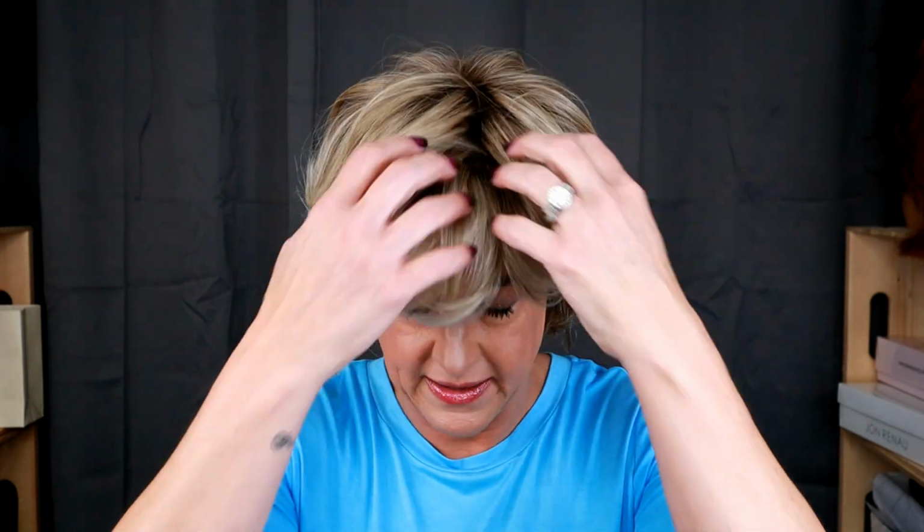But I would say if you want to wear this with a full bang, like a full bang straight across, then probably everybody is going to need to trim it just a little bit with 4 inches. I am 2½ inches from my hairline to where I would want bangs to fall. I can sort of get it to sweep. I think it looks super cute like this, but if it's too long and it's uncomfortable for you, I have